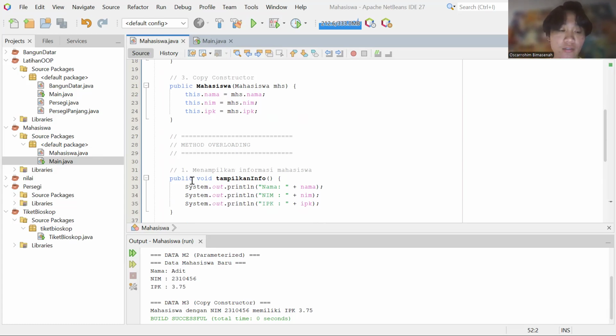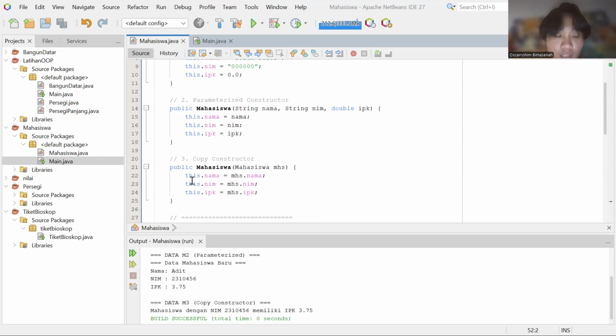In addition, the system provides several calculation features such as calculating average GPA or generating a formatted description using method overloading.